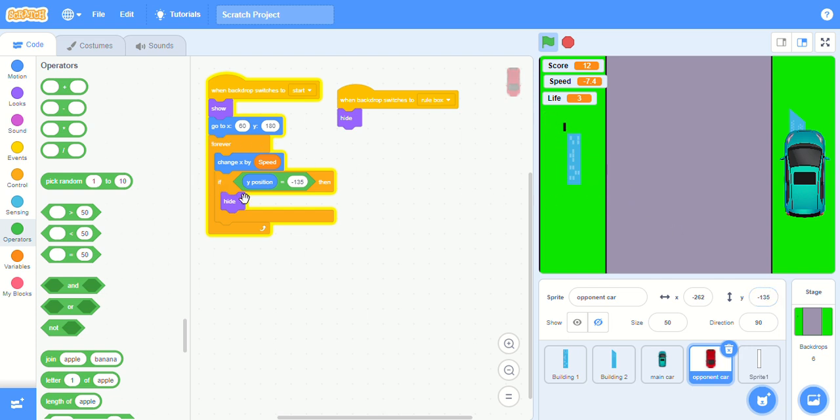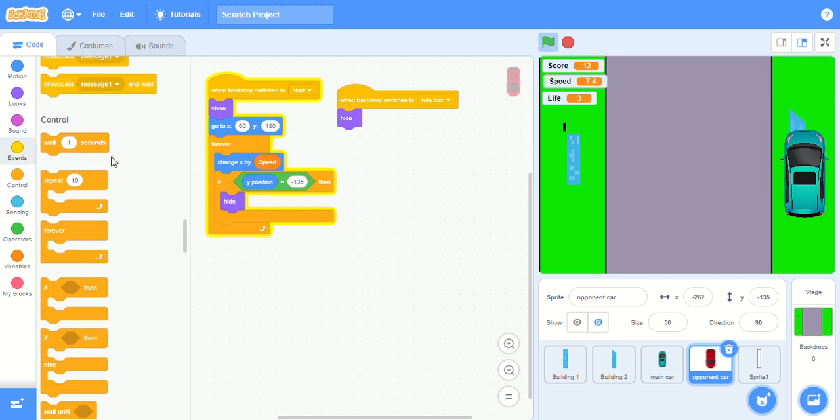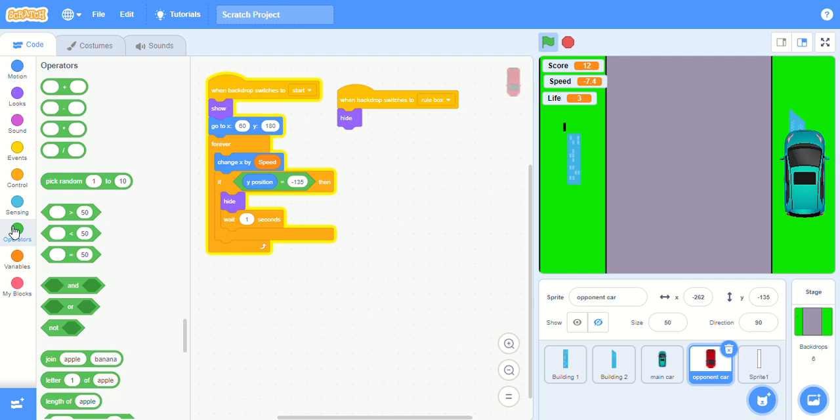Okay, Y position is equal to minus 135. Then hide. Okay, hide is right here. Wait 1 second and put it right here, and go to operation. Pick random. Put it inside the 1 second. Pick random from 1 to